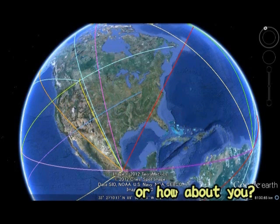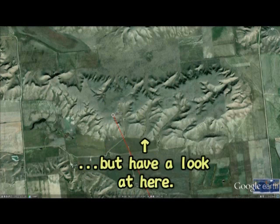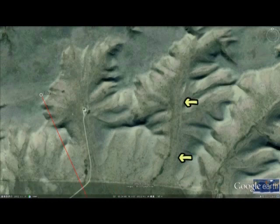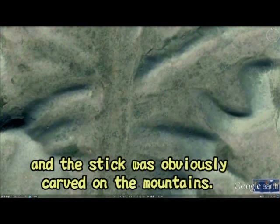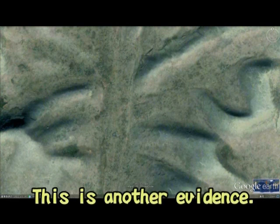Or this is clear, physical evidence of the existence of aliens. Yes, I noticed the stick here. Have a look at the stick. It is apparently carved on the rock. Have a look. Apparently carved on the rock, and we can see his left hand holding this stick. Okay, have a look. I mean this stick has been apparently